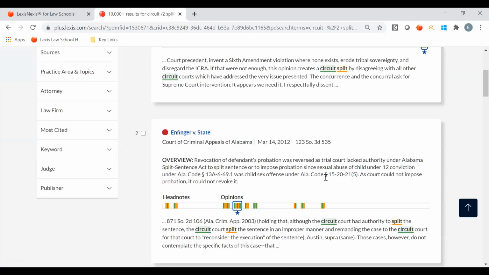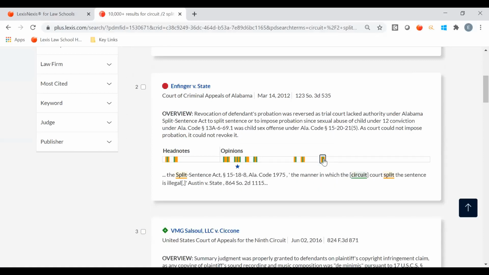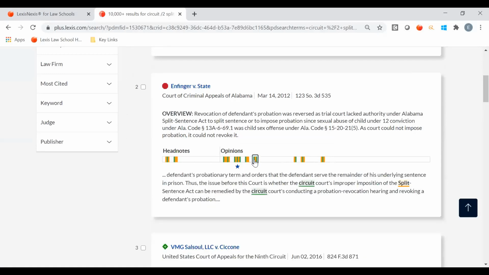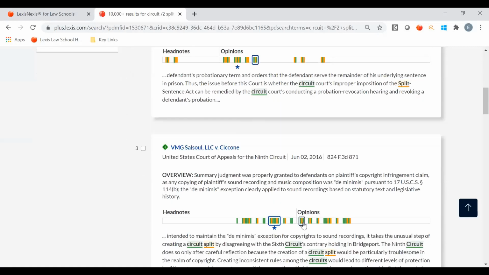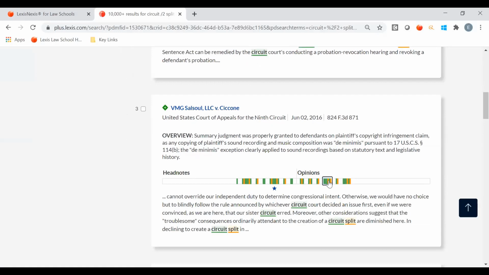And then when I go through my results list here, if I want to see where my keywords are showing up in the preview language, I can just click this color-coded bar here, find the green, and it'll change my preview language to show me where circuit is being mentioned. This color coding thing is called search term maps. It helps you bounce around the preview language to see whether or not this case will be relevant to you without having to waste time clicking into it. It's a great time saver.